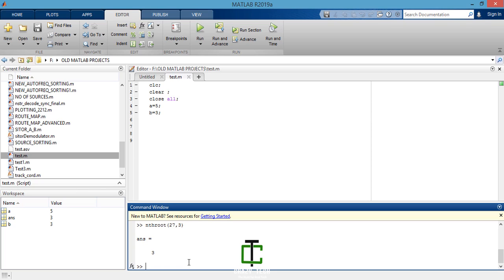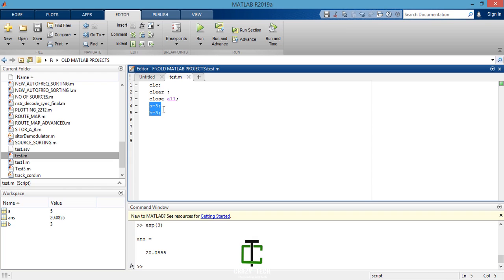What is the function for power? It's simply power, 2 to the power 3, which is 8. What is the function for exponential? Let's say I want e to the power 3, so it's just exp of 3. It gives you e to the power 3.